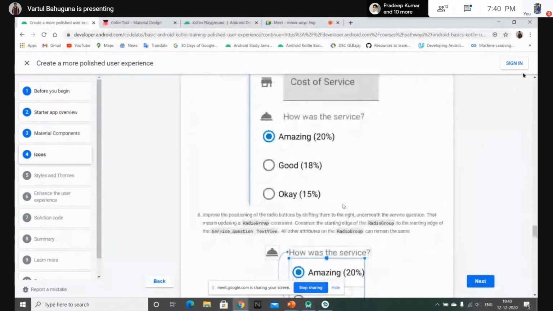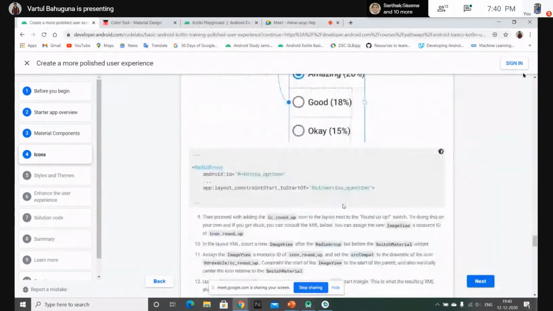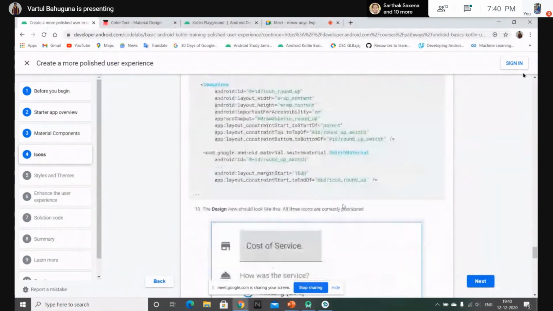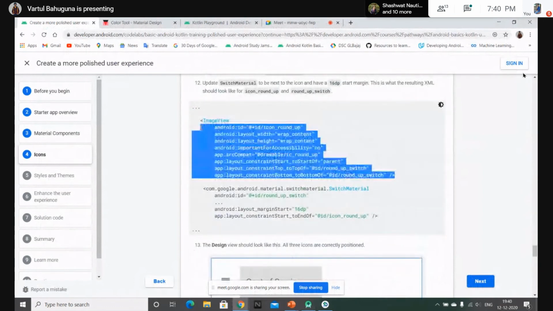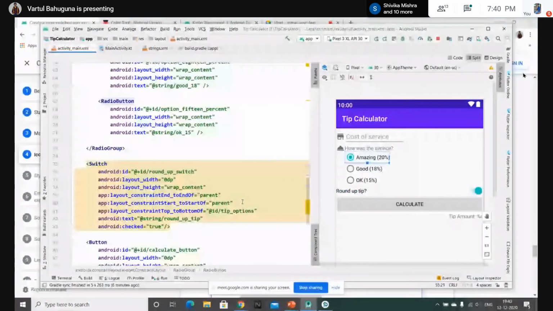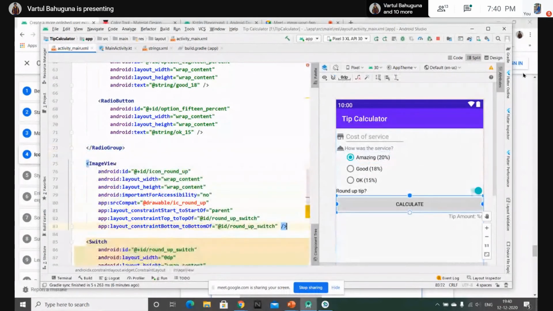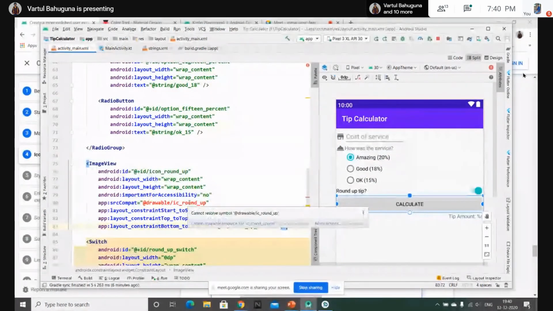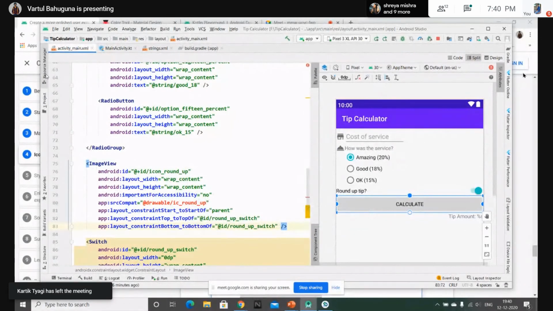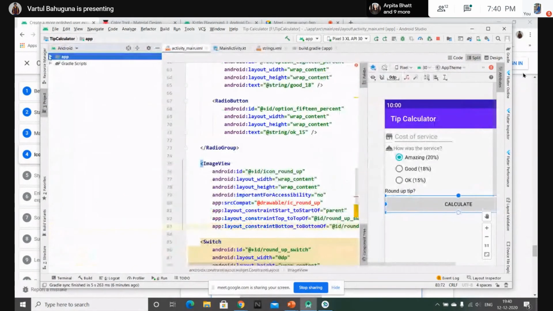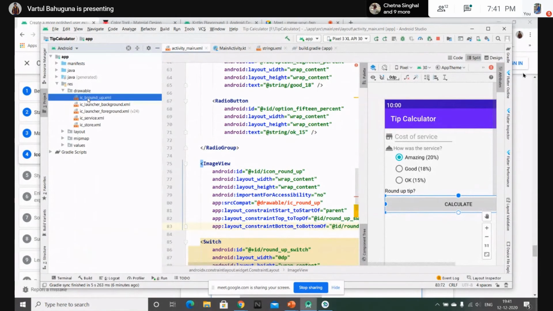Now let's add another icon, the roundup tip icon. Let's copy the code from here. And I'm again telling you that I'm just copying the code because I'm in a hurry, but I would like you to read everything, read the code and type it on your own. Wait, I think I've messed up the spelling. Okay, let me rename it.